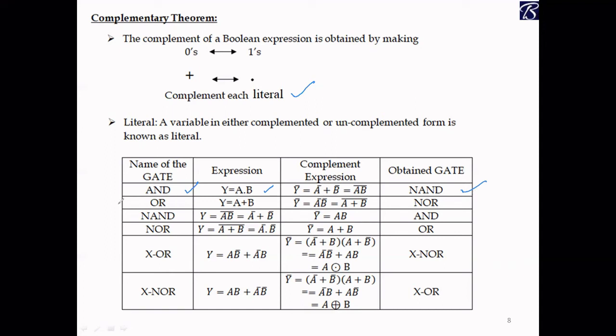In the same way, the complement of OR gate will get a NOR gate. The complement of NAND gate will get AND gate. The complement of NOR gate will get OR gate. But XOR and XNOR are the same as duality, also complementary, because if you take the expression for XOR, A B bar plus A bar B,